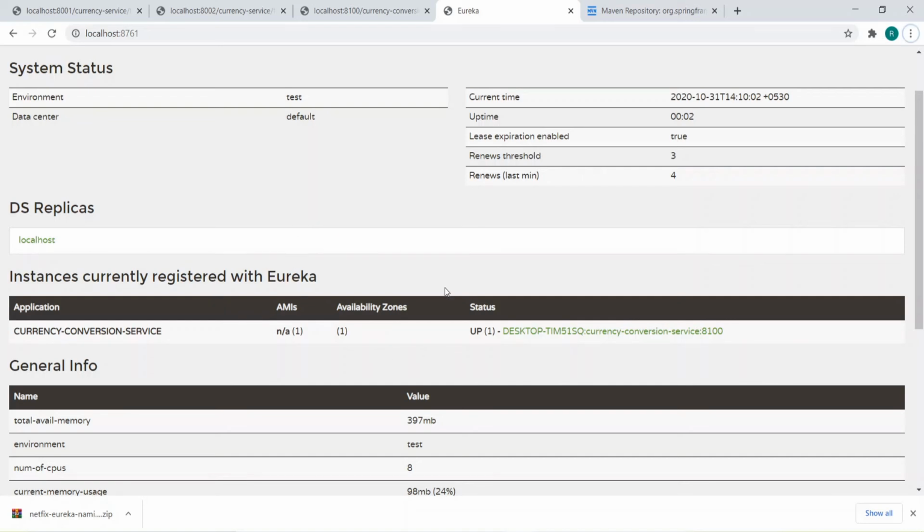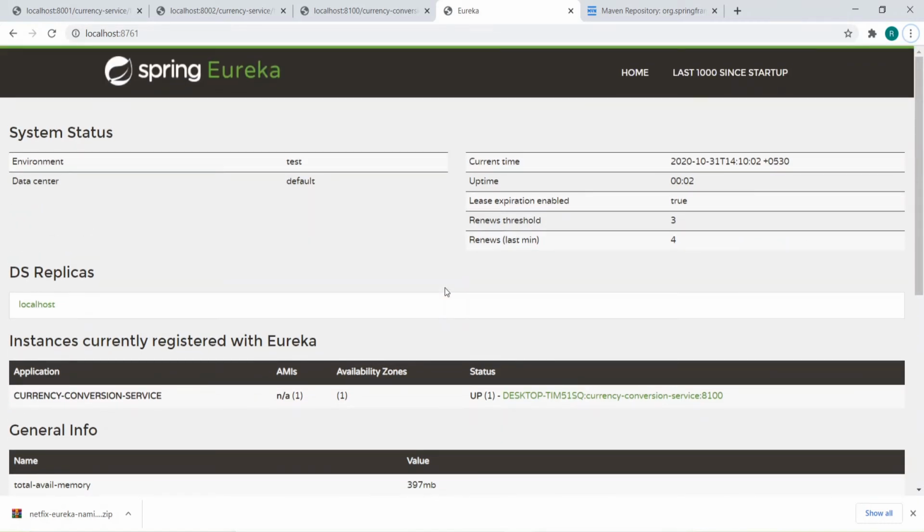So this is how you configure the discovery client on the client microservices. You only need to follow three steps. Enable the discovery client using the annotation EnableDiscoveryClient. Add the Spring Cloud starter Eureka dependency in the pom.xml.